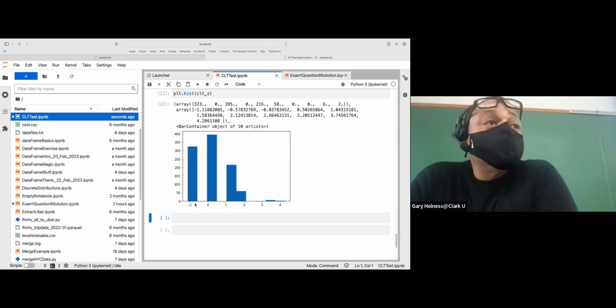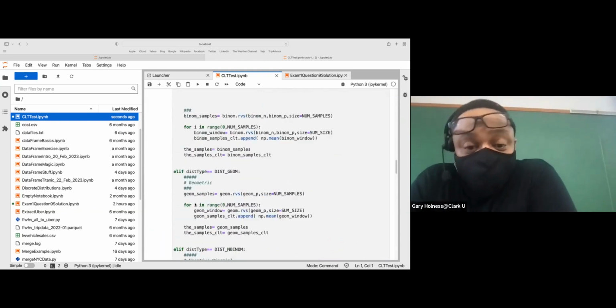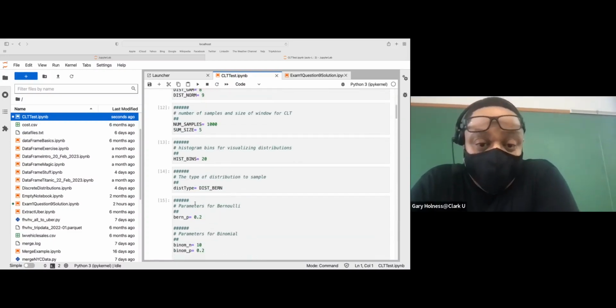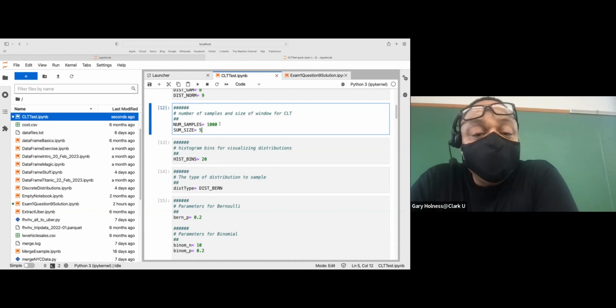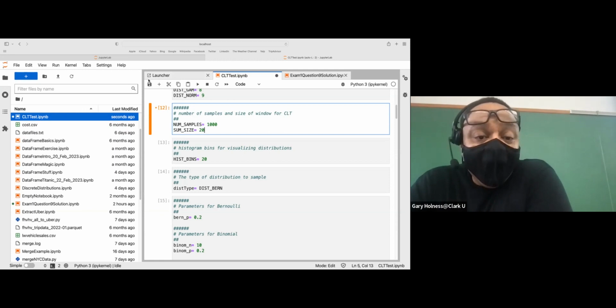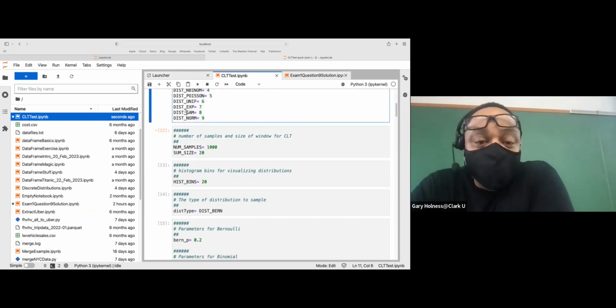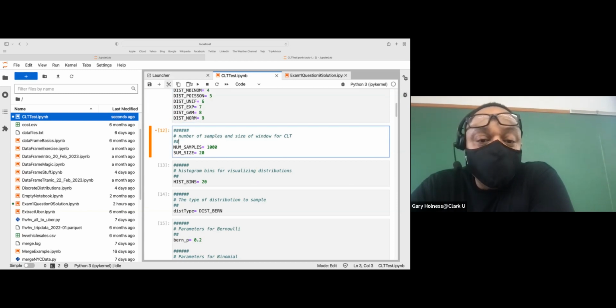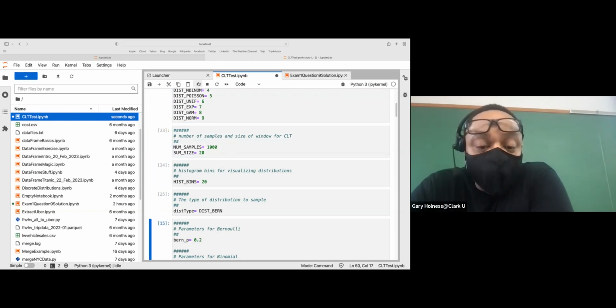Okay. Any questions? So what if you said, Holness, I don't believe you? Okay, that's a good point. So we have a window of 5 observations, and we have 1,000 samples. Let's bump it up to 20 observations, and let's see how that changes. I wish I had something to preserve the other graph. So I'm going to rerun from that cell where we change those parameters,